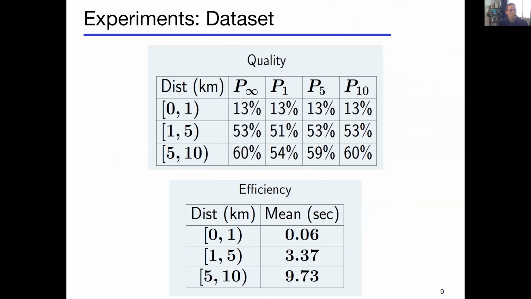Finally, I wanted to talk a bit about some experiments we made. So first of all, quality. I think there's a few things I need to explain here. So we have 4 paths we're looking at here. Now the numbers, so infinity, 1, 5, and 10, these numbers represent the amount of time that we are giving